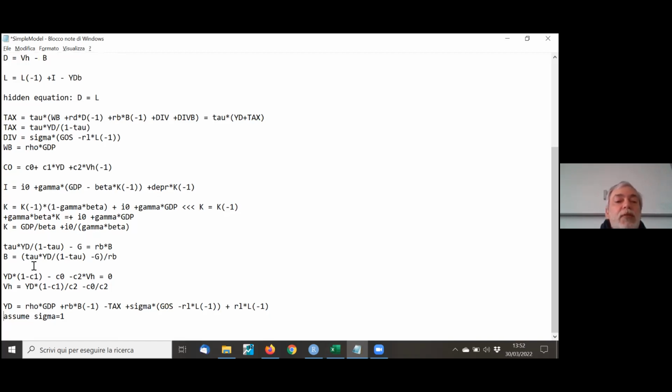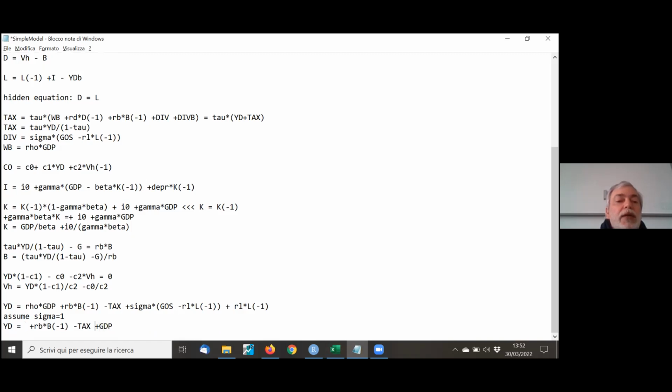And if sigma is equal to 1, things get much easier because this will cancel out. This RL minus RL will cancel out. This goes plus WB will become GDP,